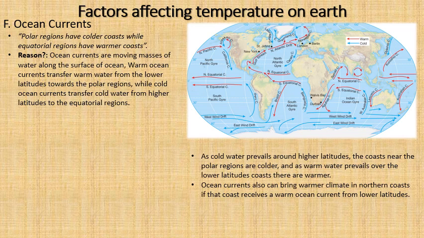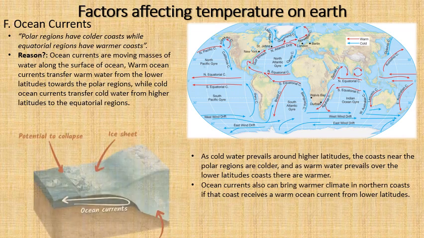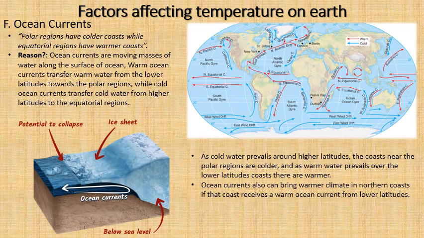So that can reduce or increase the temperature of a polar region. In the same way, if a cold ocean current is going from a cold region to a warmer region, the warmer coast will become cooler. So here is a picture which clearly describes